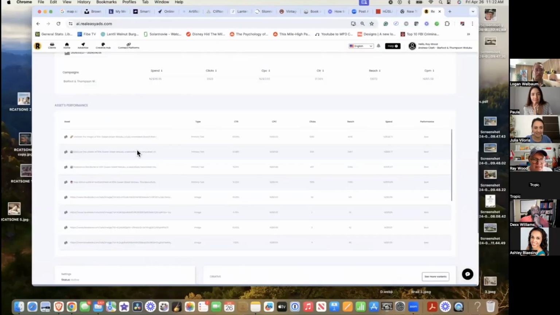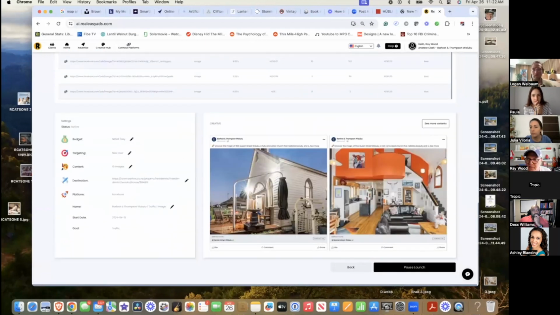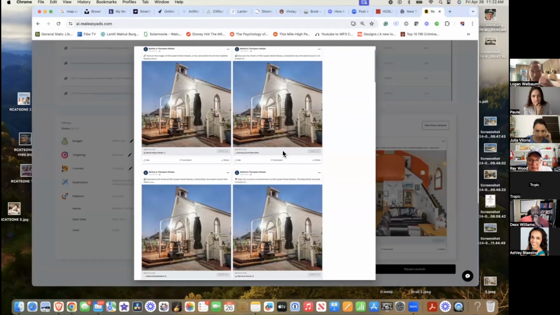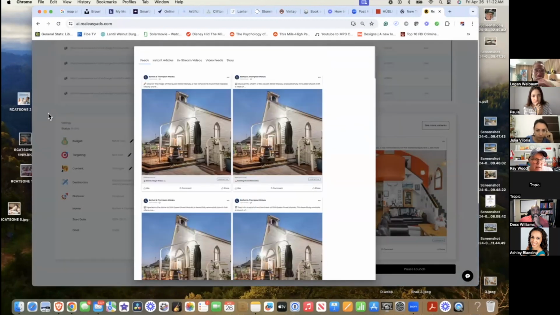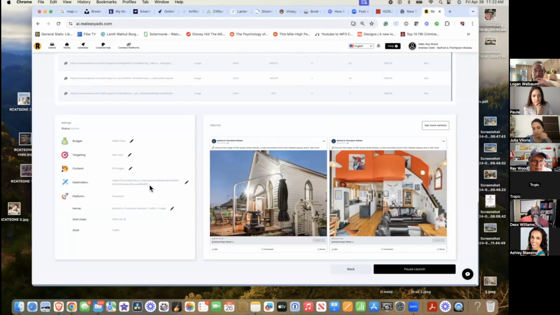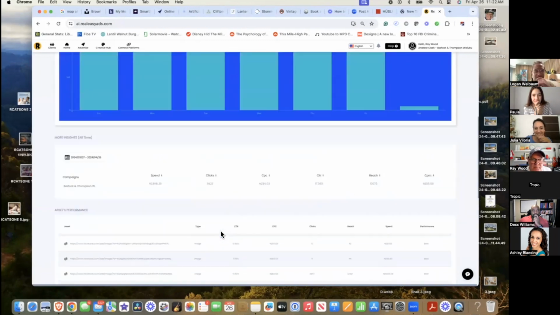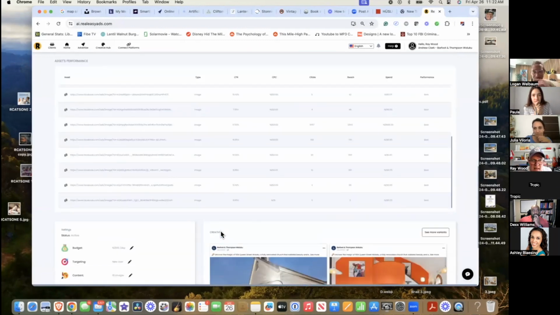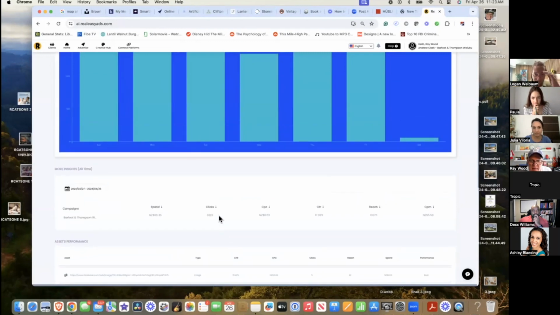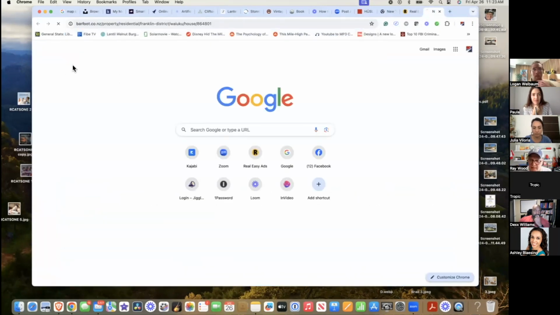So these are their ads, right? This guy's selling a converted church. The ads look like that, and they are going to... Wow, that's a cool property. It's gorgeous, yeah, and they've had a ton of traffic. In 10 days or so, the click-through rate is 17%. That's crazy. Yeah, I'm seeing over 30, Logan, for some of these. It's absolutely nuts. So this is where we're sending the traffic.